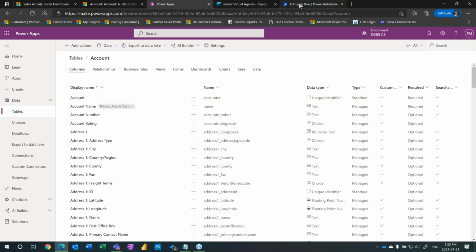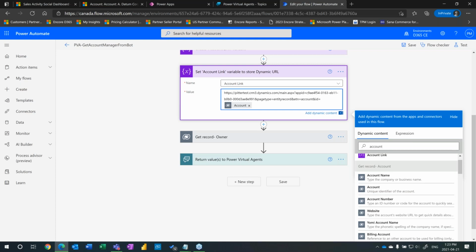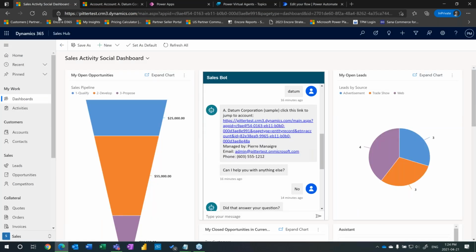So you see that you're pulling the right table and field in order to create this link. Now, if you had a space here after the equal sign and then you inserted this account variable, then this link is going to be broken. It's not going to work. So that's why you want to make sure there's no space after the equal sign